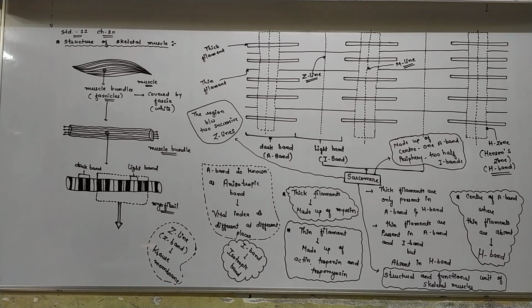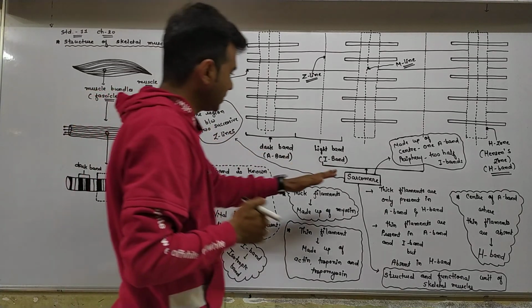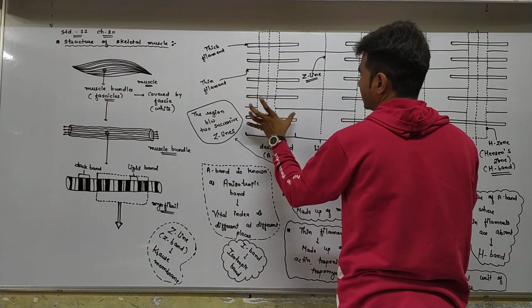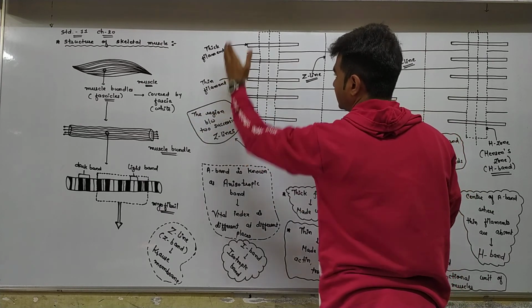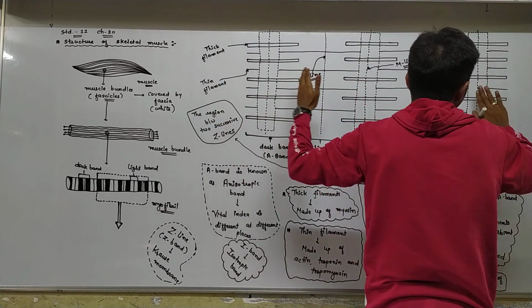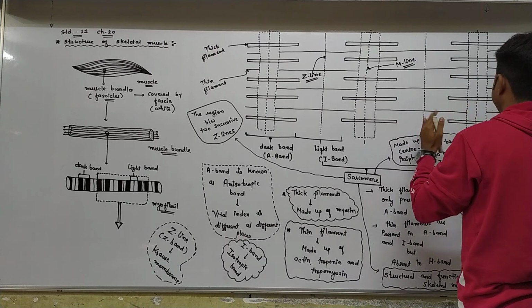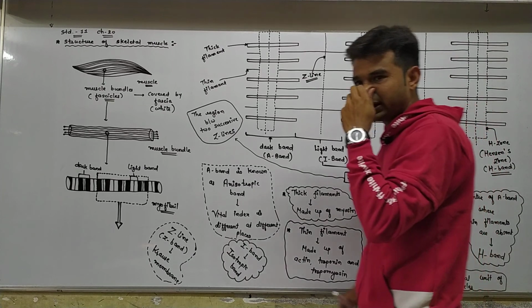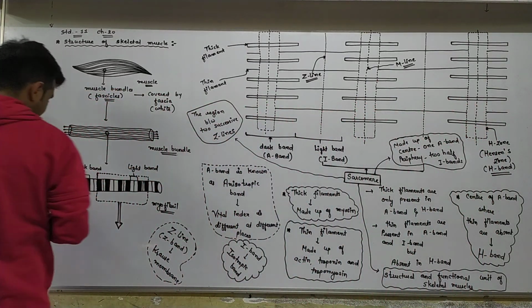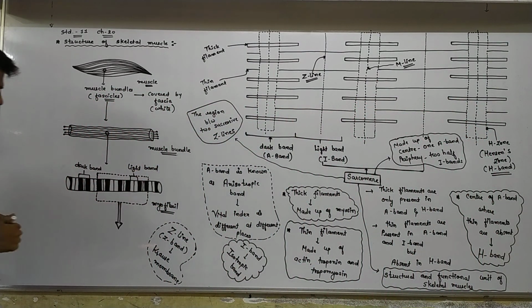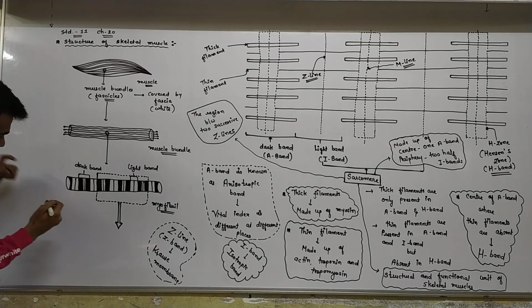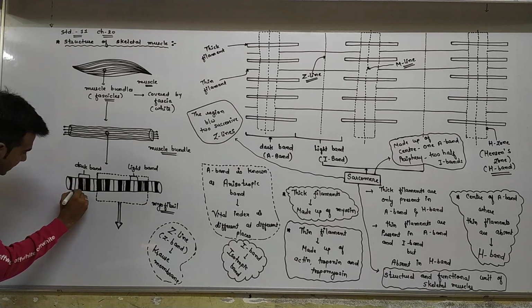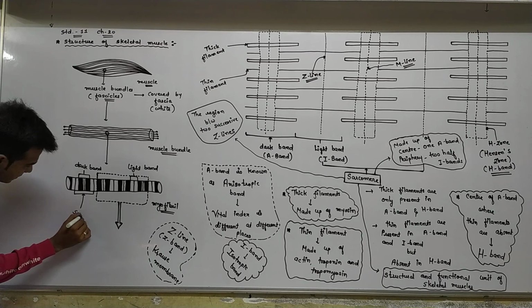So see, so many sarcomeres. Yes, this is the A band here, I band here. Here Z line is there, and next to that the I band is there. Z line is here. So many sarcomeres joined together form the myofibril. So what is sarcomere? Let me explain here. I can label it: between this line and this line, this region is known as sarcomere.